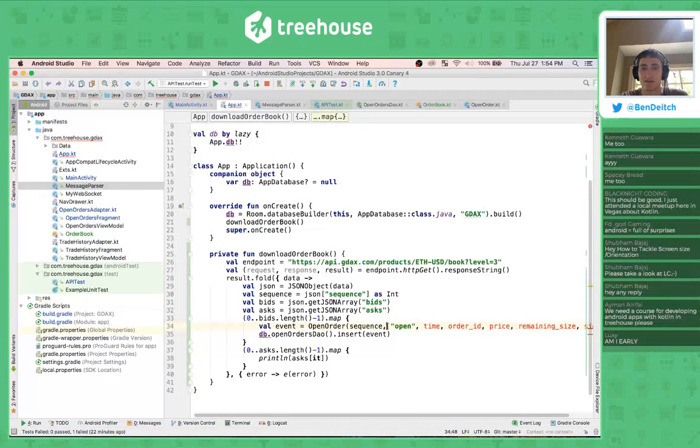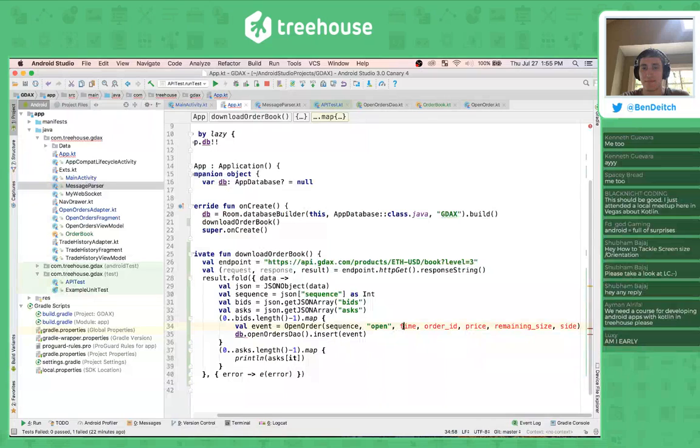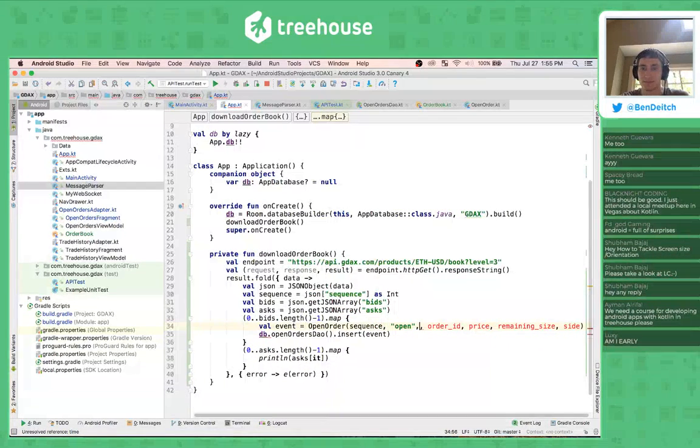Why would you pass in open? Type, yeah, I guess that is open for an open order. Time, what does that want? We don't really need the time. We're not displaying the time orders were entered, so we can leave that empty. Then for order ID, this is going to be,